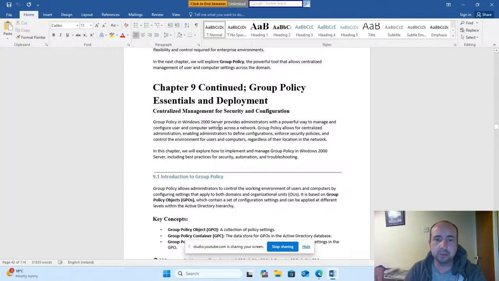Group Policy in Windows 2000 Server provides administrators with a powerful way to manage and configure user and computer settings across a network. Group Policy allows for centralized administration, enabling administrators to define configurations, enforce security policies, and control the environment for users and computers regardless of their location in the network. In this chapter, we'll explore how to implement and manage Group Policy in Windows 2000 Server, including best practices for security, automation,